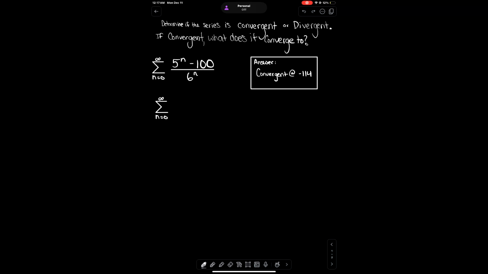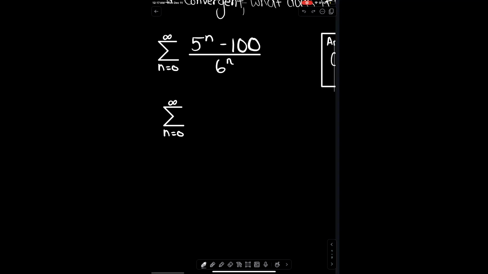Determine if the series is convergent or divergent. If convergent, what does it converge to? The answer is convergent at negative 114. But why? So if we take